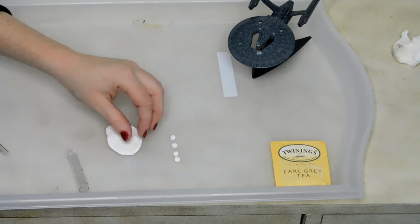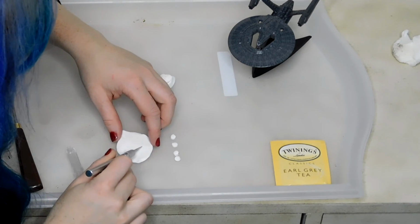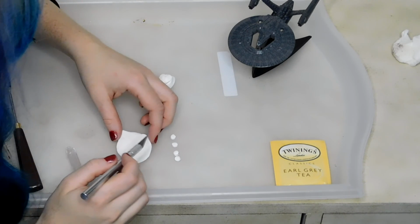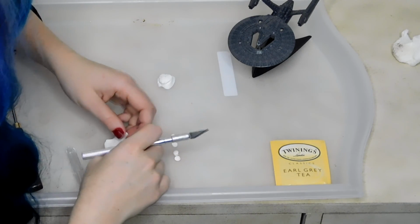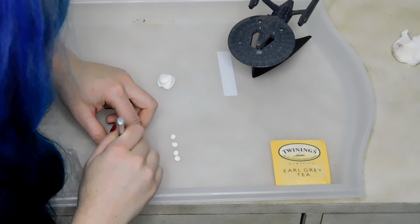So now I have my 4 dots cut out, and now I'm just taking my second piece of clay and trying to sketch out my Star Trek emblem. Now if you need to, you can definitely print off an emblem so it's a little bit easier to cut out. However, I decided to do mine freehand. Now that I'm satisfied with my sketch, I'm going to start cutting it out with my X-Acto knife